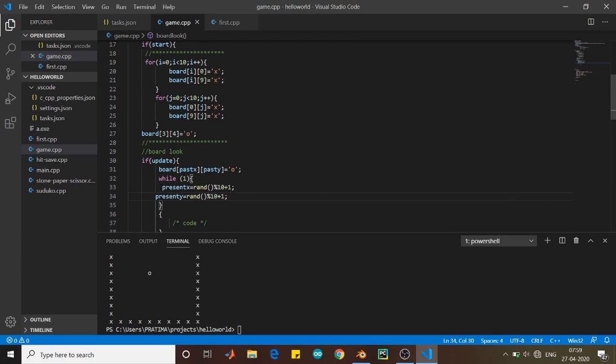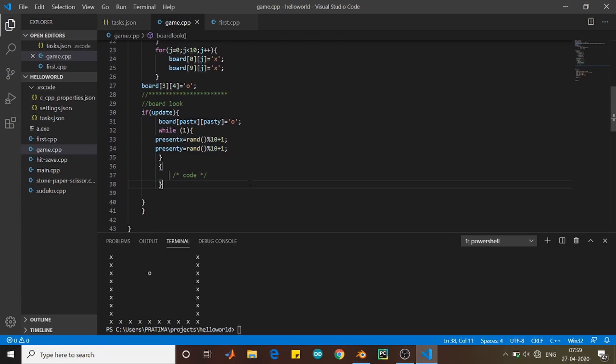So I have created two variables, and these two variables are going to tell where presently my 8 will be. Present x and present y are the x and y coordinates of my 8. As I have told you, I'll tell you the importance of the random function. Here it is useful when you want to move 8 anywhere in the game, and you'll see its usefulness more when you actually see the game running.